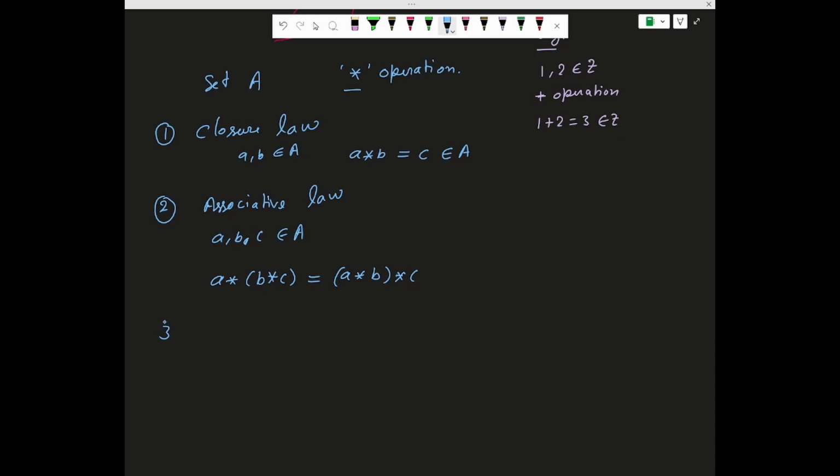Alright. Third thing is existence of identity. Identity means, suppose we are talking about with respect to this plus, what is the identity? Identity means if you are applying the operation between one element and the identity, then that element returns back. There is no change. Suppose we have taken A from our set, and we have some E element there in our set, such that